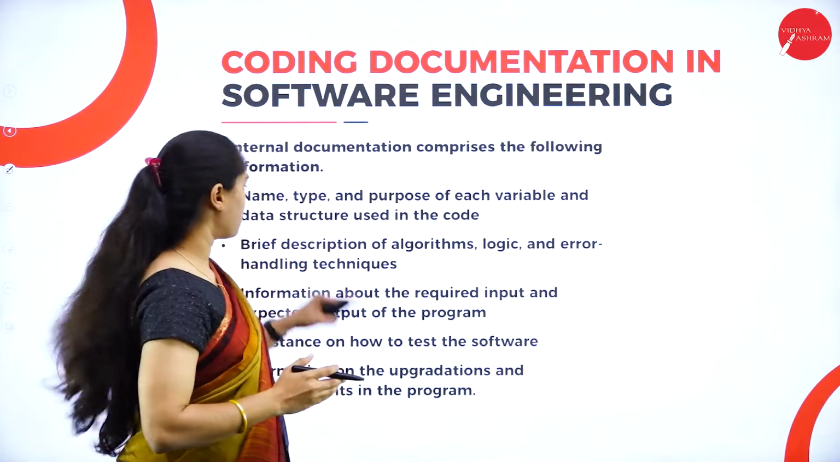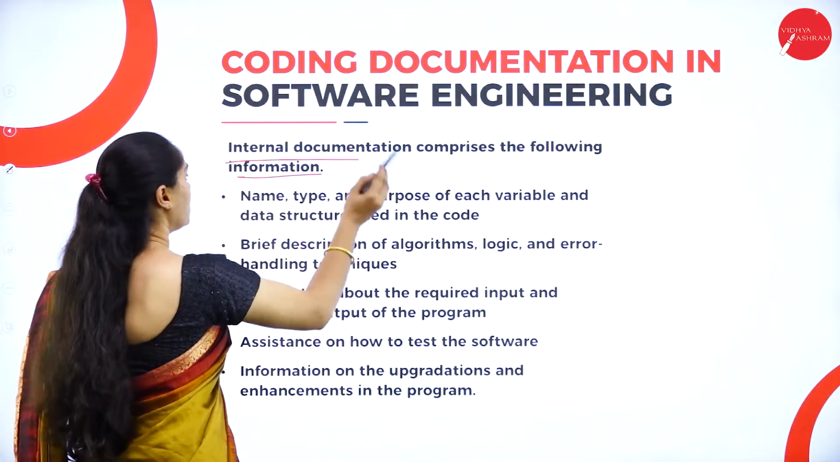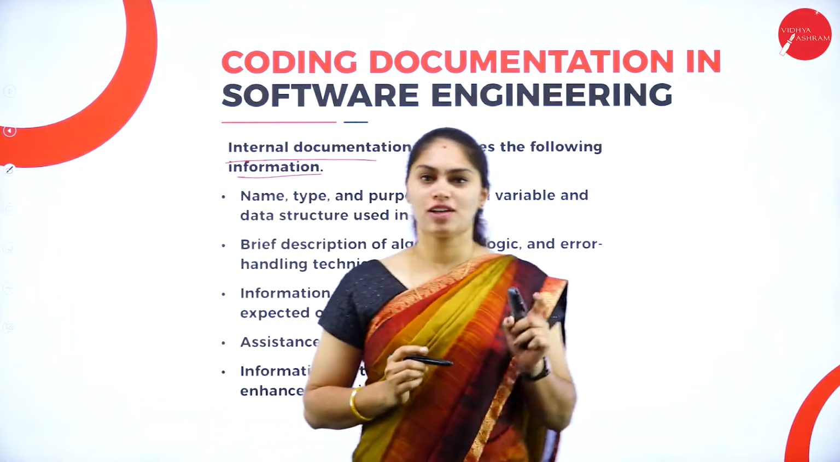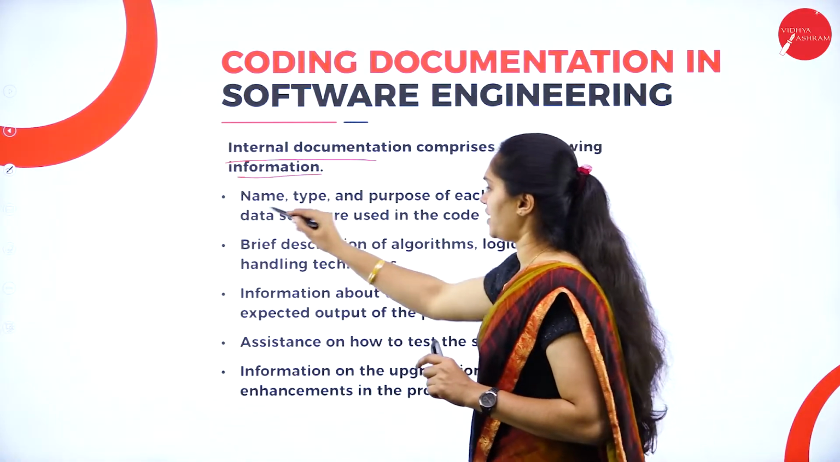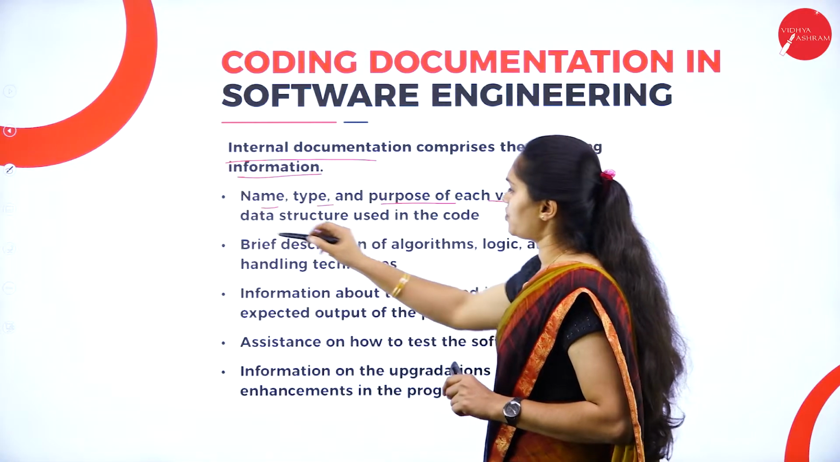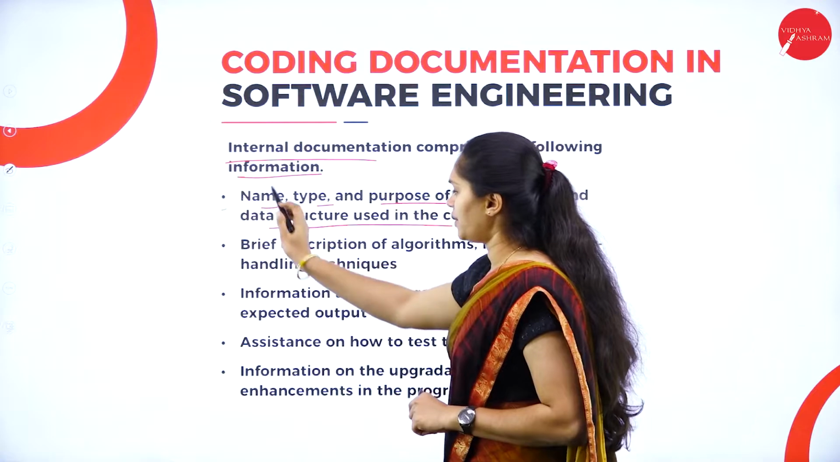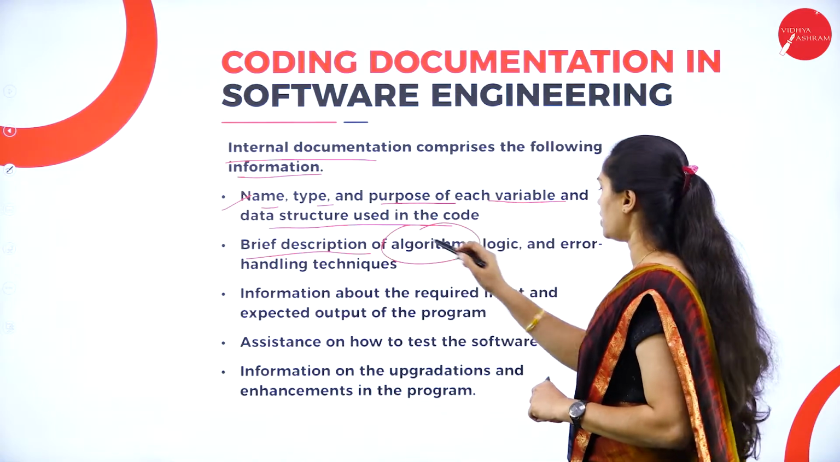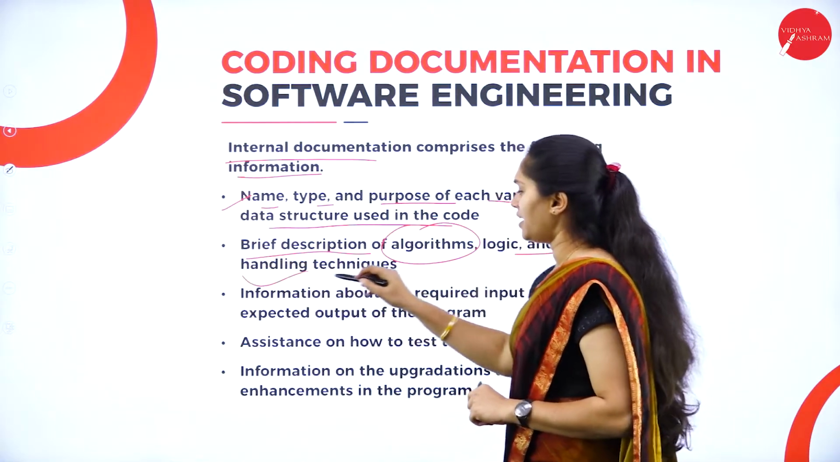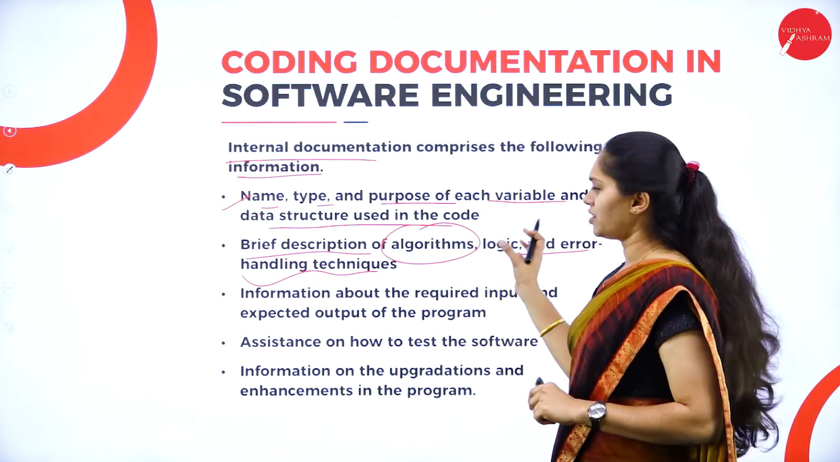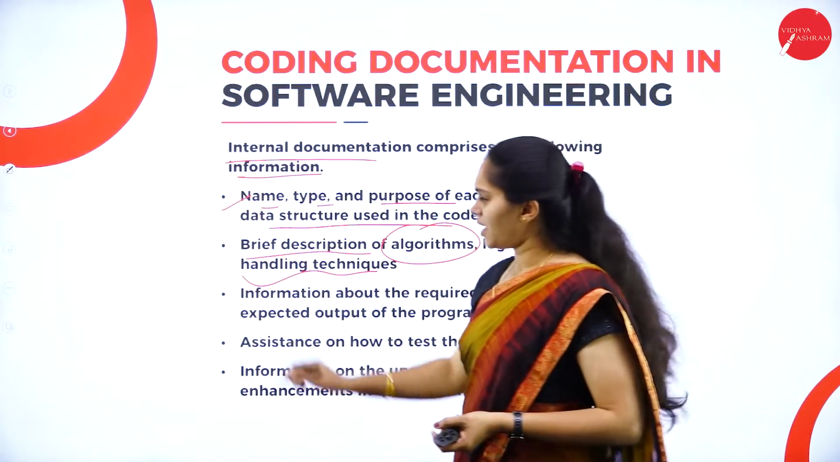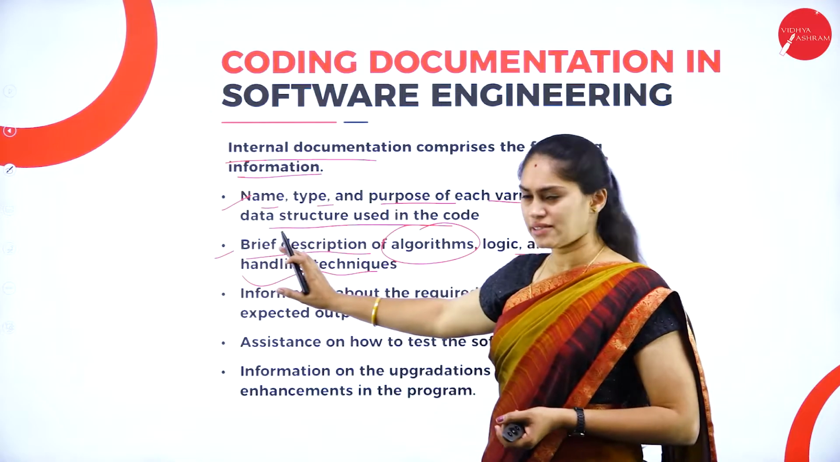So here we have some of the information which is going to be stored in the internal documentation. It comprises the name, type and purpose of each variable and data structure which we are using in a code, and also a brief description of algorithms, their logic and error handling techniques. So if we get some errors, how they need to be handled, all those things will be stored in the